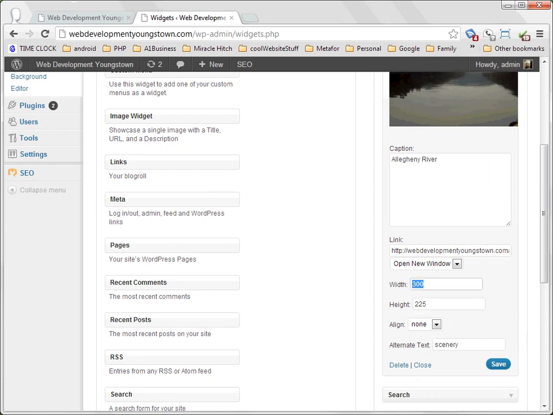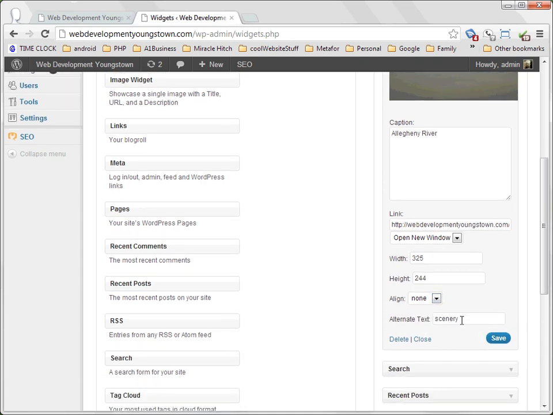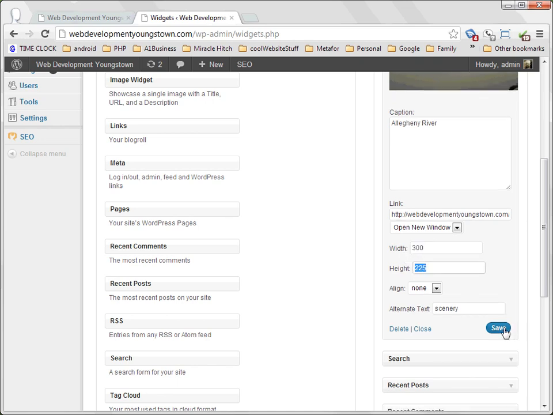Now I want you to notice something here. If I adjust this and I hit Tab, it automatically adjusts the height. So that's another good thing about this widget. You can align it to the left, center, or right. And then, of course, here's the alternate text. But notice it was 300 when we started. And so we're going to click Save because I'm going to show you something that you might be interested in